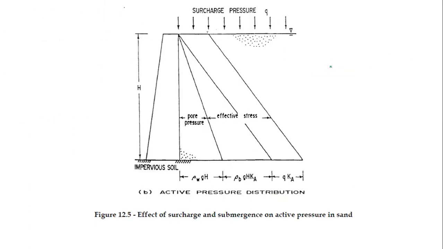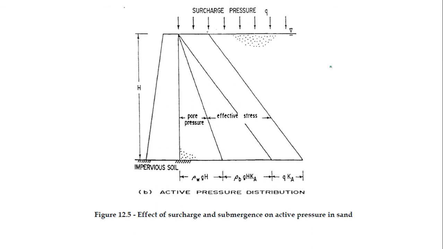Next, here again is the pressure distribution. In this diagram I have covered the various types of backfill conditions. In the previous case, as I said, the backfill is dry backfill. Sometimes it is not like that. There are various conditions of the soil. Sometimes we have surcharge pressure, sometimes we have water inside the backfill, meaning saturated. So for every condition the pressure distribution diagram is going to change.